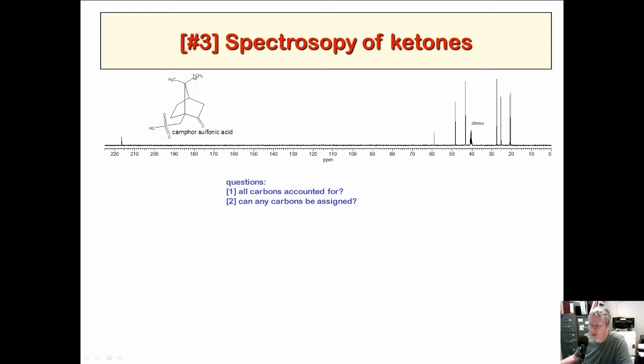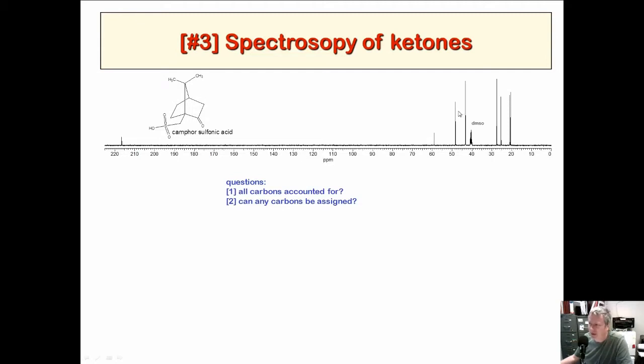Because the 2 methyls are actually different, since one is closer to the ketone and the other is away from the ketone, the methyls are all different. Basically, every carbon's different here. Oh, okay, well, we have a problem then. We counted 10, but there's only 8 carbons that we see.